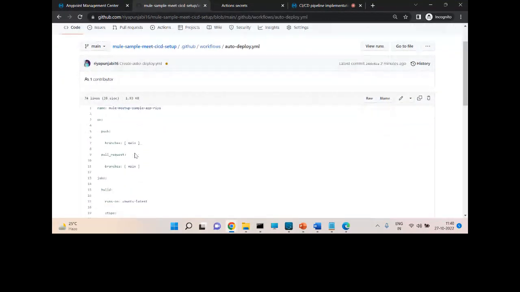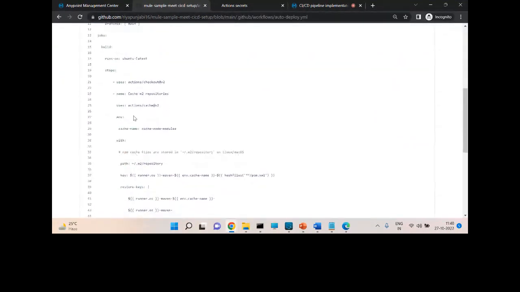I'm creating this workflow, and inside that I am using the steps. These are the actions I'm using from the marketplace. Like this checkout is an action. So we can check the documentation from there, how we can use this action from the marketplace. Okay, does this answer your question, Pragya? Got it. Okay, great.